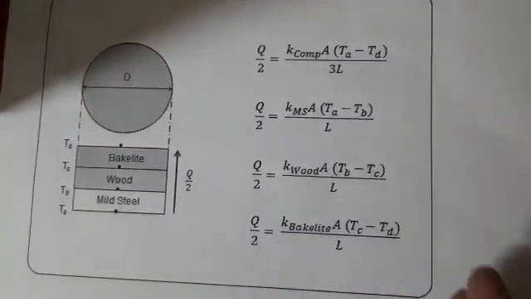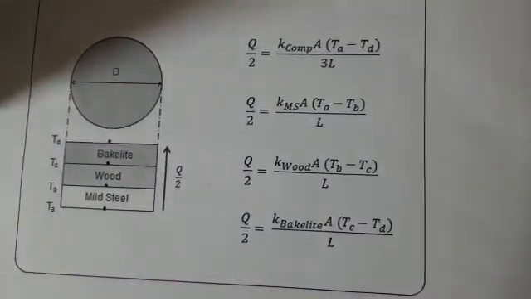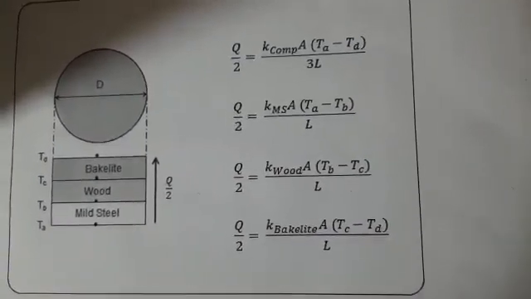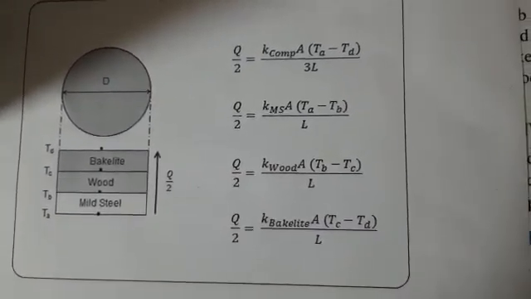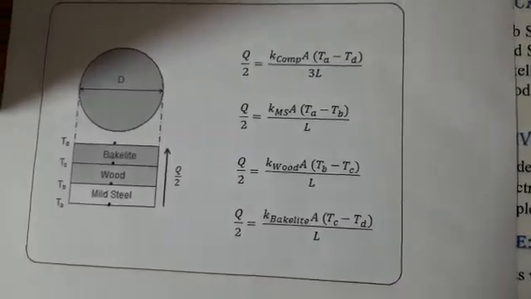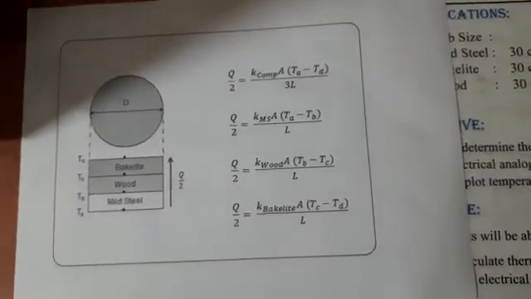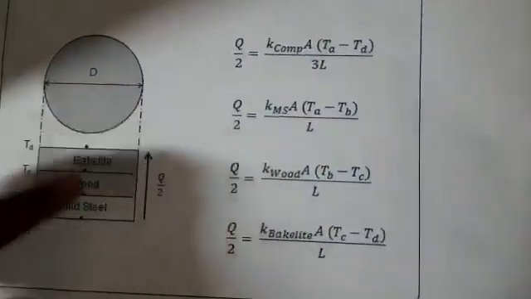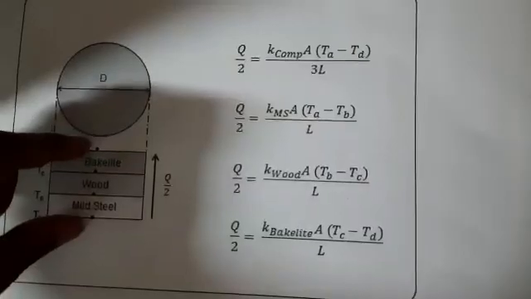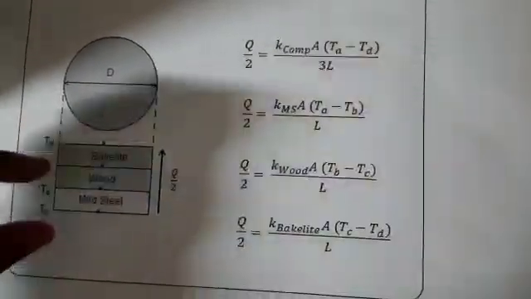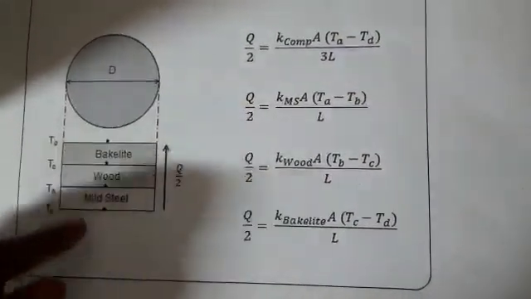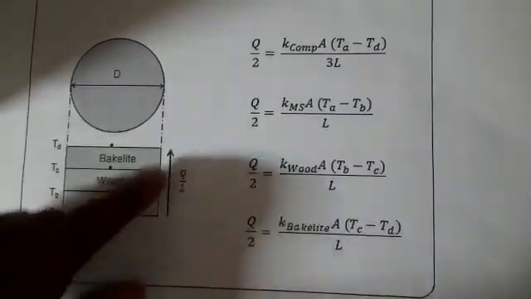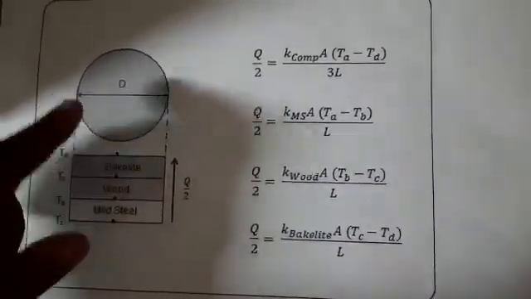Now, the remaining thing is quite simple. The calculation part is quite simple. Again, we are using Fourier's law, which is Q equal to KA delta T by delta X. So, here, as I told you, half of the heat flows in the upper direction. So, we are going to consider only that, since we are considering one half with average temperatures. So, Q by 2 is the heat flow through the slab.